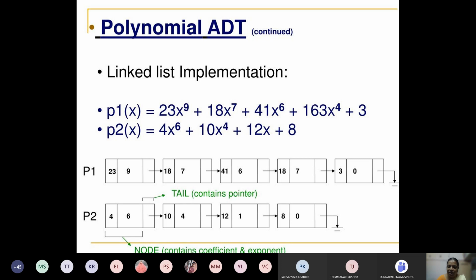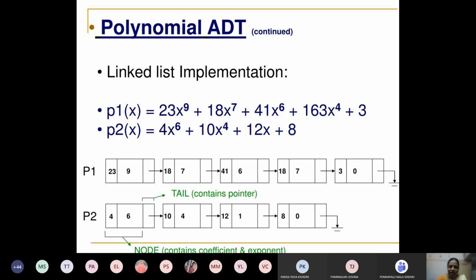The third node has coefficient 41 and exponent 6. Sorry, it's given in the order of exponents: 9 is the highest, then 7, then 6. Next is 163 with exponent 4, and 3 with exponent 0. The second polynomial is represented in the same way.